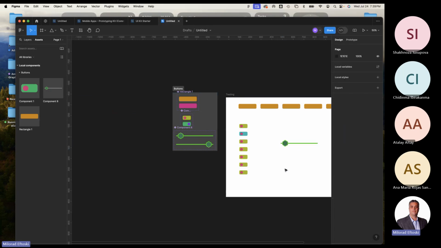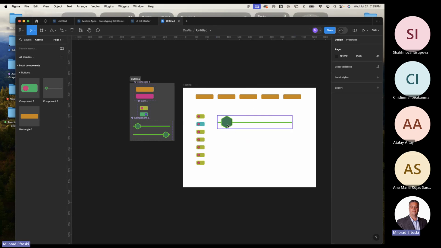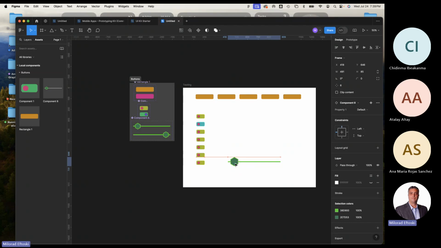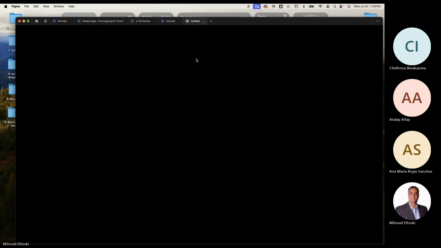When you're done, go back to design, zoom out, and drag it from here all the way to your artboard. And I'm gonna make this nice and big. It's gonna be a nice big slider here. Okay, maybe I'll make it smaller. It's that big. And I'll put these sliders down here. I'm gonna make one, two sliders to go. Okay, and let's go ahead and see how that works. Now we have